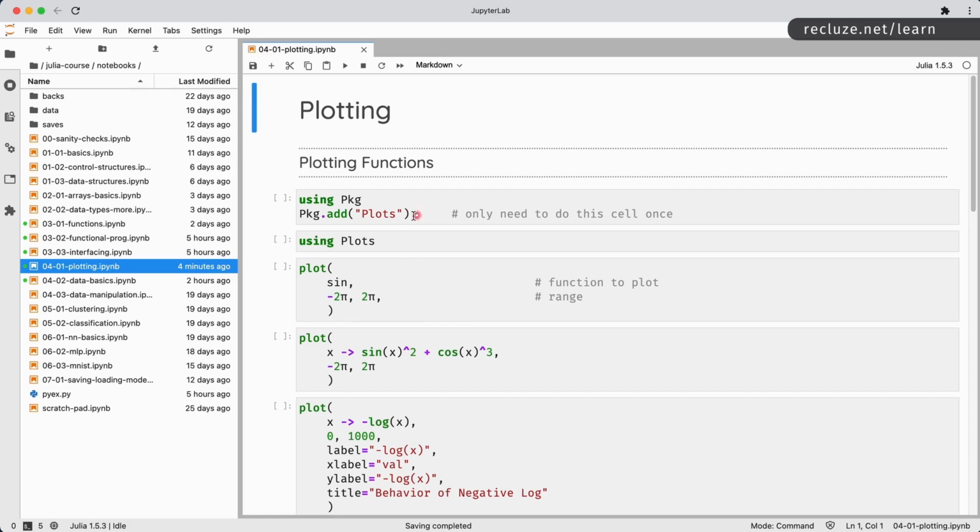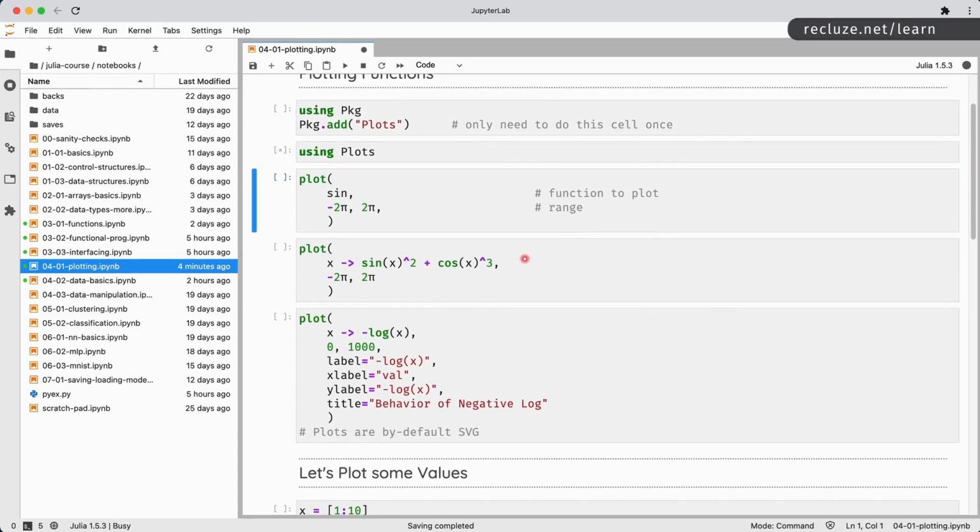What you first want to do is install the Plots package, which is essentially the interface to all the plotting in Julia. I've already done that, so I'm not going to run this cell. After that, you need to do using Plots, and then you can create some very simple plots using the plot function. When you run this, you will notice that the first time you try to do a plot, it's going to take a little bit of time. The reason for that is Julia does all the compilations necessary to speed it up later on. So the first plot is going to take a little bit of time.